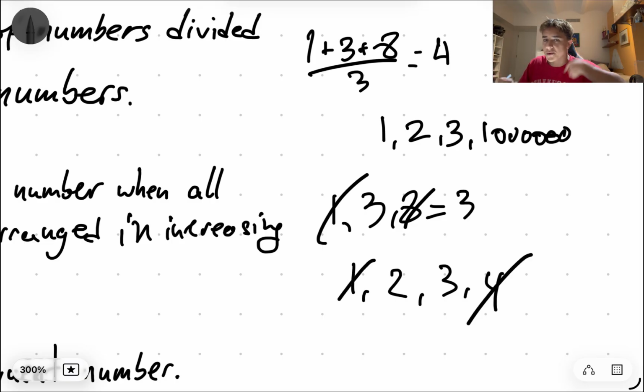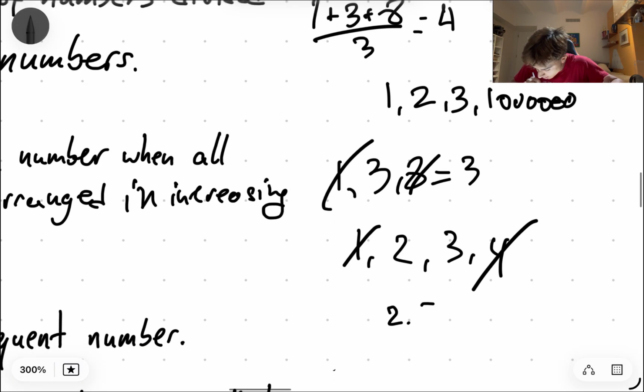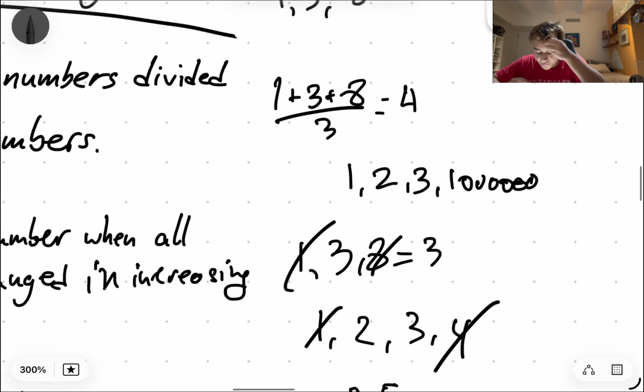The two central numbers here are 2 and 3. So the median of these four numbers would be the mean of 2 and 3, which is just 2.5. But anyway, if you're given 1, 2, 3, and a million, the mean is really big. The median would be 2.5, the same way it would be if this million was any other number greater than